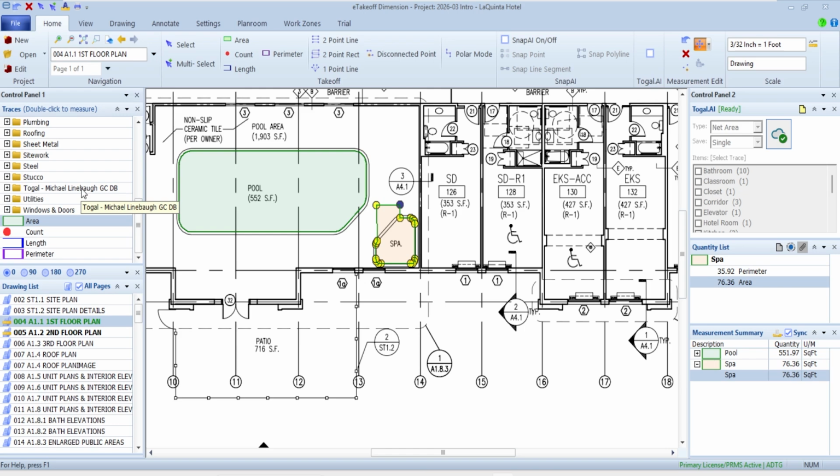So in this section, what I want to take a look at is a utility called eTakeoff Trace Utility. What that does is it allows you to pick what items and what assemblies you want to see in eTakeoff. So if you think about, well, we've got windows and doors and different things like that, those are items in my estimating database. I'd like to have those as items here in eTakeoff. So as fast as I pick that trace here in eTakeoff, it can know what to transfer that to in an estimate, without having to do the cross relationship like I did on these two items that I brought over earlier.